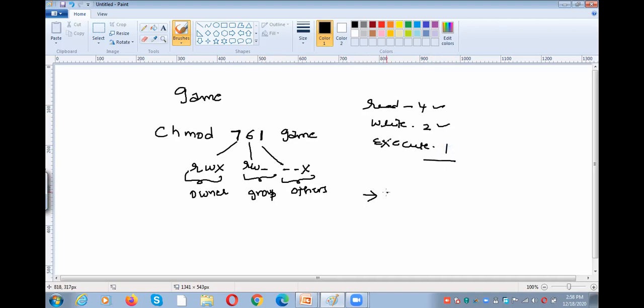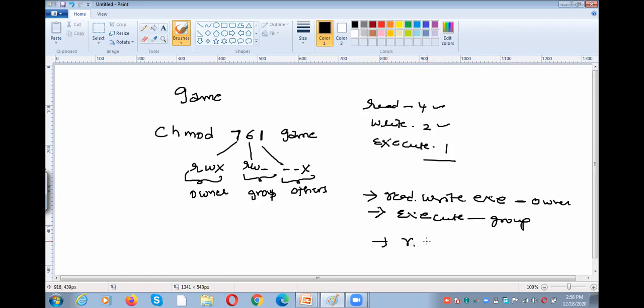I want to give read, write, execute permission to the owner, and I want to give only execute permission to the group, and I want to give read and write permission to others.